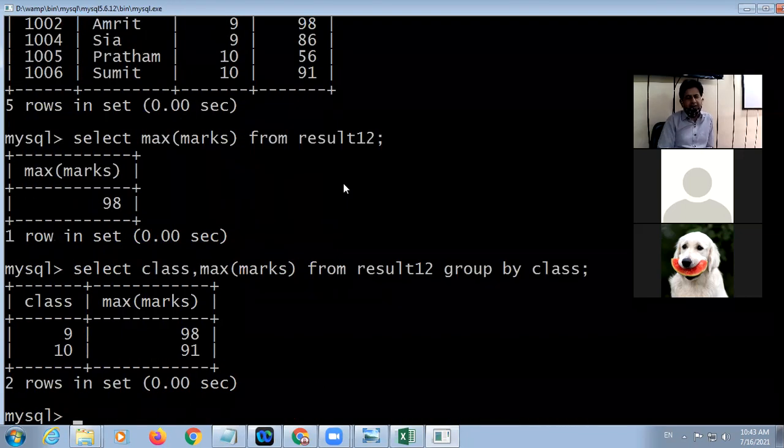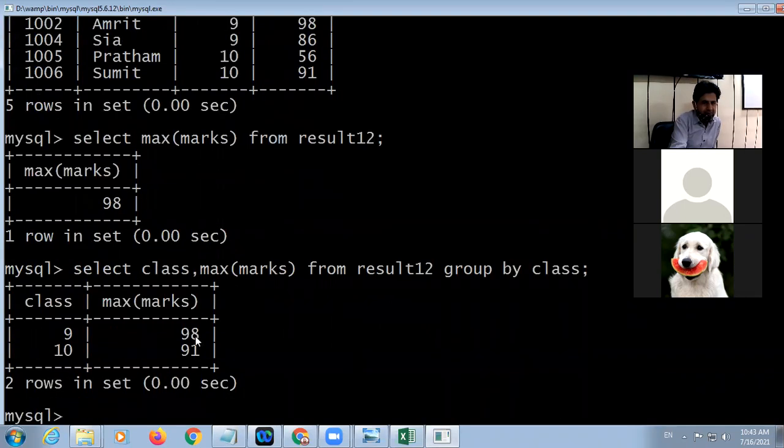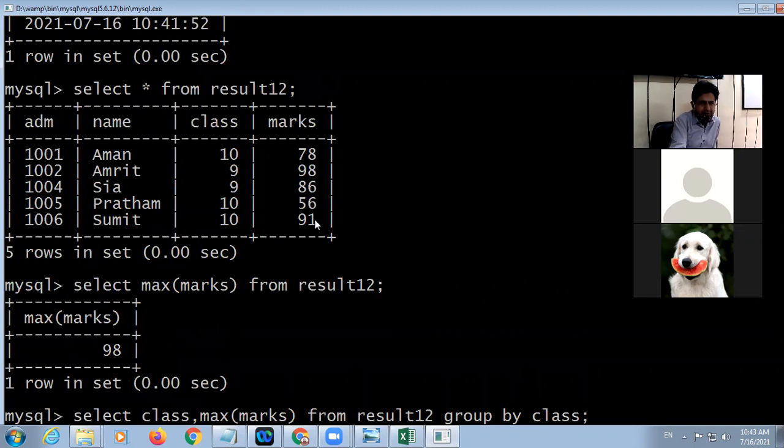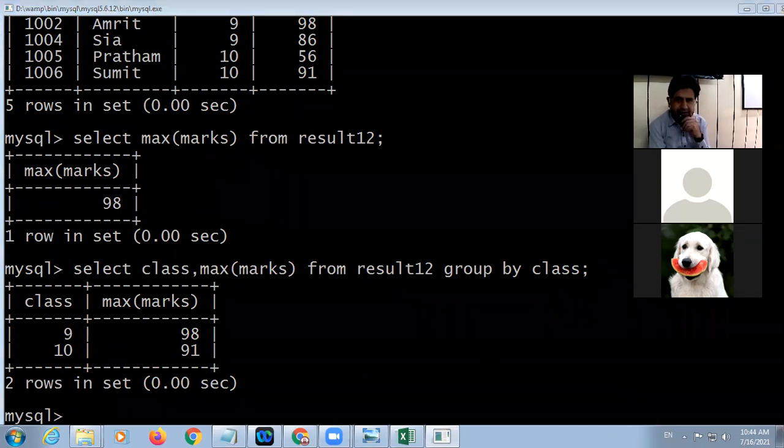So look at here. In class 9, maximum marks is 98. In class 10, the maximum marks is 91. Look at your class 9, 90 and 86. That's why the maximum is 98. Class 10 has 78, 56, 91. Maximum is 91. So this is the group by clause. It divides the table into small segments. Yes, any doubt in this?